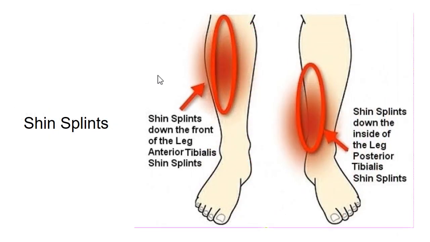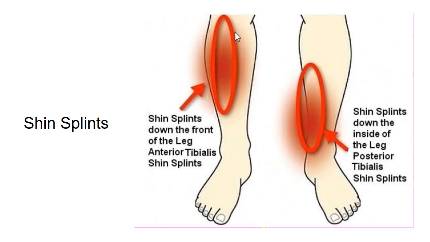The second important condition related to the anterior leg muscles is the shin splints. Shin splints are edema and pain in the area of distal 2/3 of the tibia, resulting from repetitive microtrauma of the tibialis anterior muscle. As we know, tibia is also known as the shin bone. Shin splints are not only because of injury to the tibialis anterior muscle, but they could be due to repetitive injury to tibialis posterior muscle also.